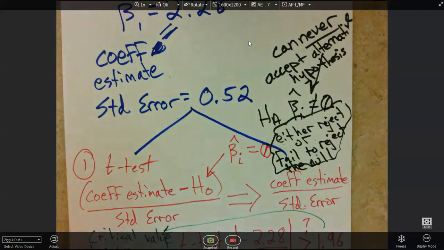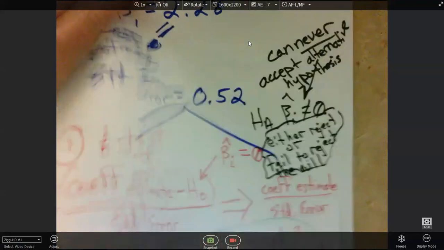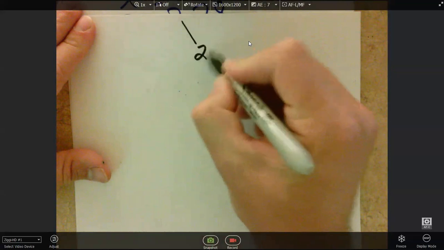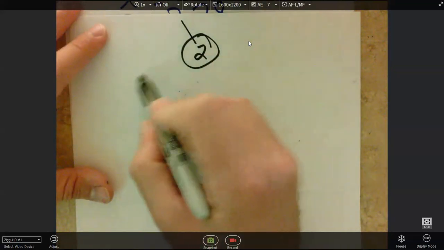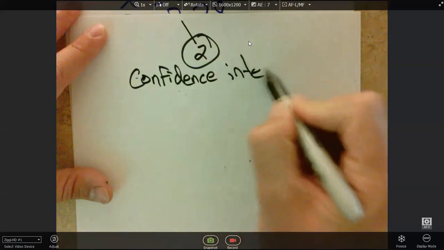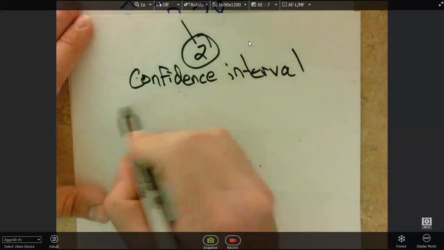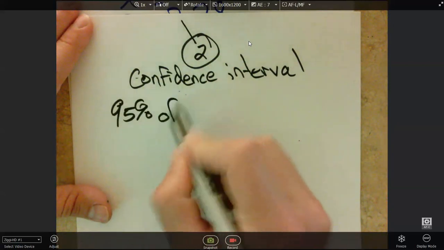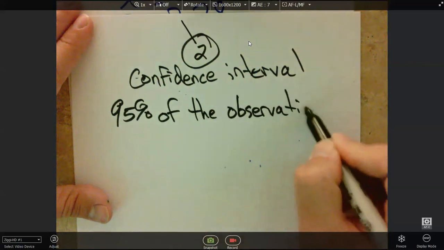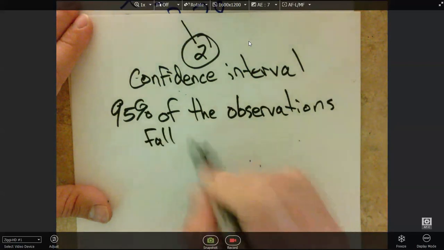And so the next way to think about doing this, and this is the way that the book puts as the rule of thumb, right? But the next way, and so it's using that same number. So this is way number 2. It's getting a confidence interval. So the book says that 95% of the observations will fall between,